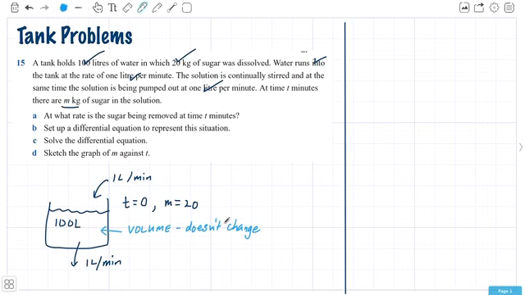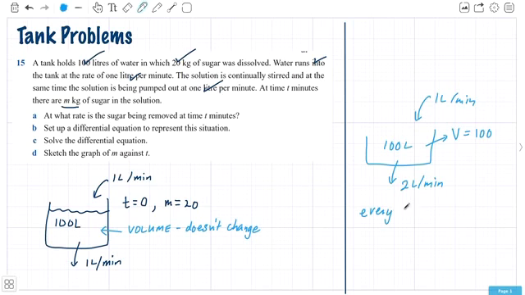If we had different rates going in and out, this is not the same problem, but let's say that you had 1 litre per minute going in and 2 litres per minute going out, your volume would be changing. Your volume would be 100 litres, what we started with, and then for every minute you lose 1 litre, because you've got 1 litre coming in but 2 going out. So that would be written as minus t,